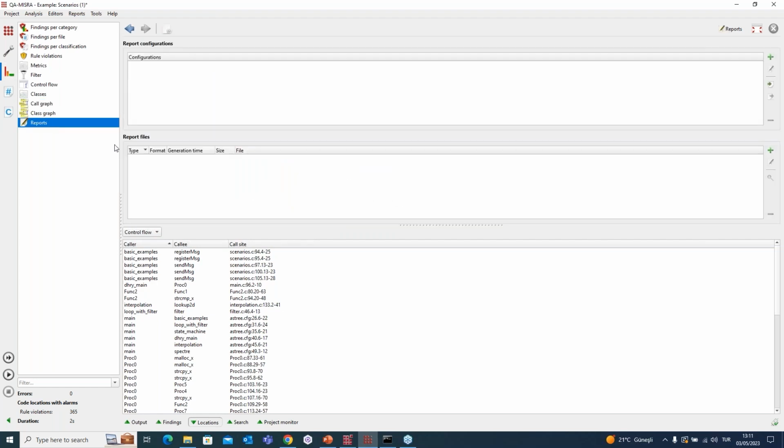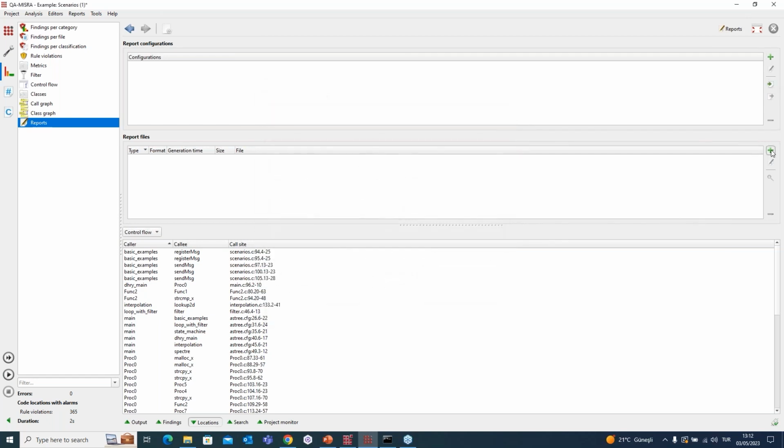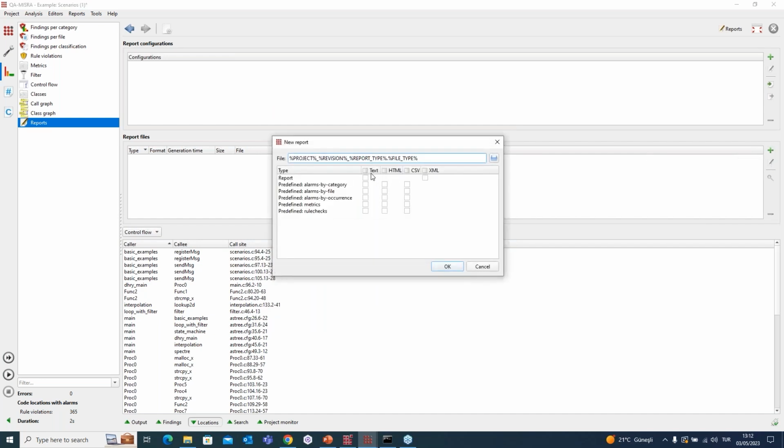Of course, lastly, an important factor for an analysis tool is its capability for reporting. In here, I can configure a report based on my needs, or I can use the general report generation. In here, I can use the SG, HTML, CSV, or XML formats.